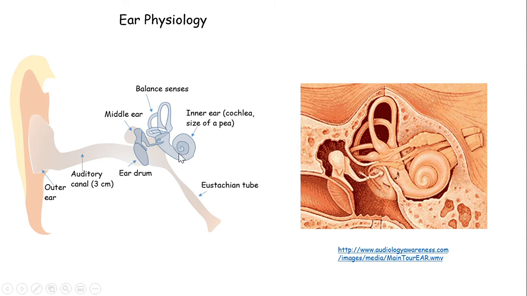The inner ear is a very small piece. It has the size of a pea, and it has a spiraling form. It is, as I said, filled with water,